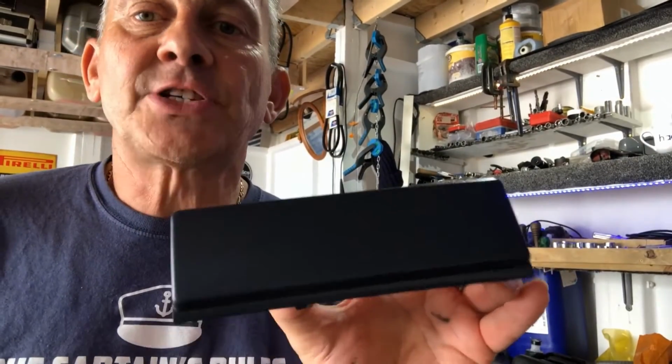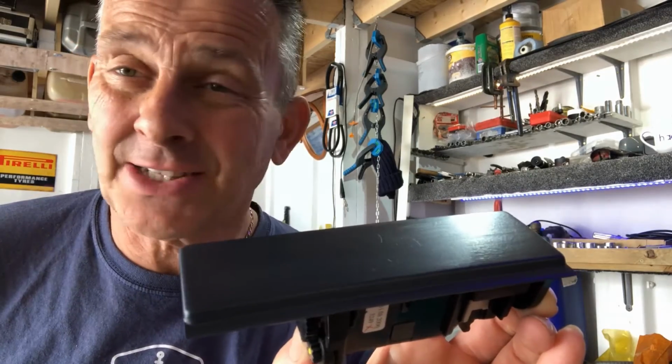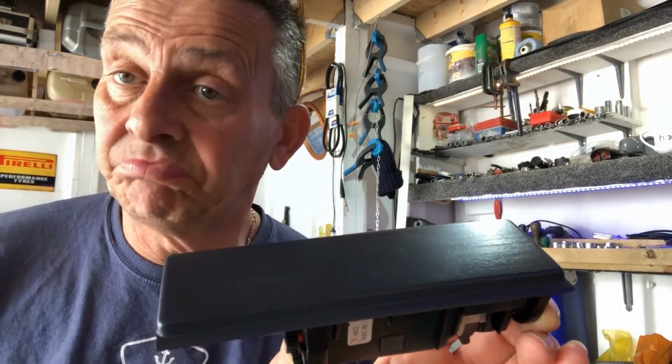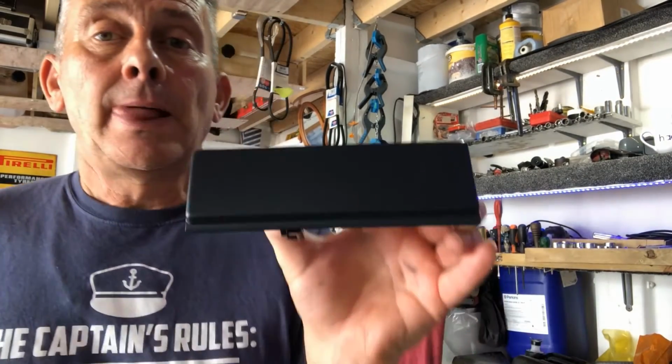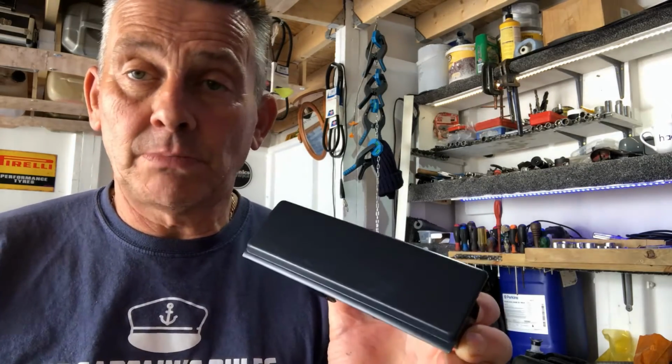Right, the ashtray has now dried. It's had 3 coats. Like I say, it takes 10-15 minutes and you can overcoat it. If you've got a hairdryer, blow it over the top at distance, just give it a bit of warmth if it's a bit chilly. I made a bit of a mistake in the fact that I was putting some rubbing